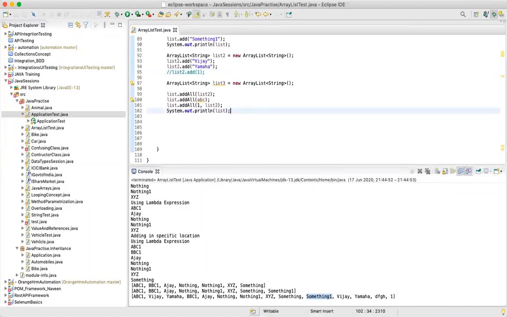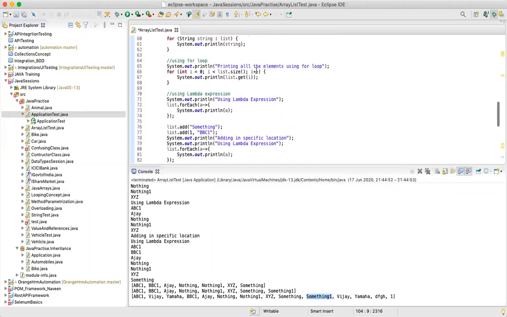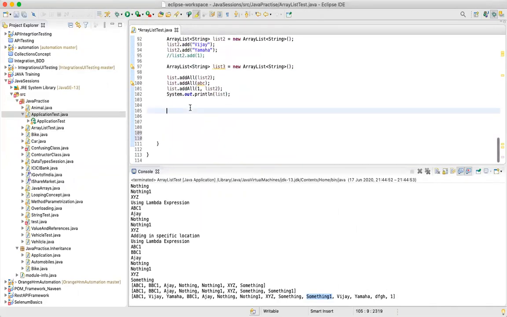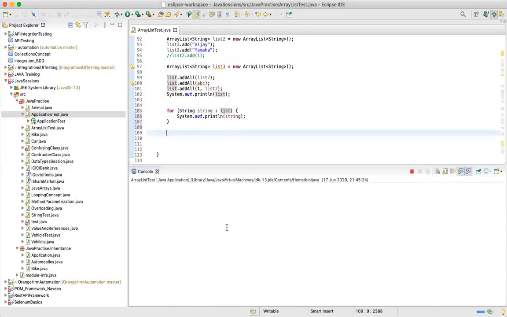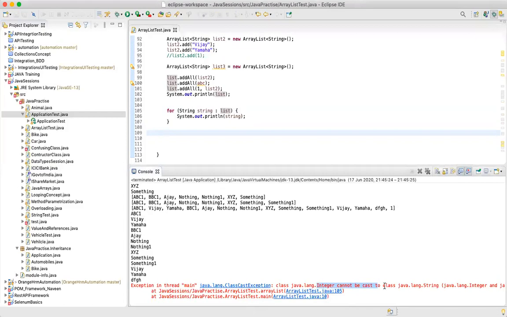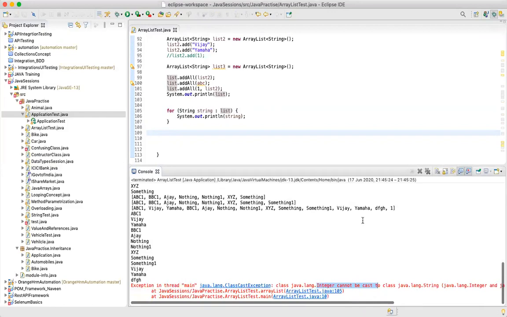Now can we access this within that for-each loop and print using that string for-each loop? Yes, we can. So let's say I use this. That one is converted to a string now? Okay, so I'll use a for loop. We have this for loop method, and we have this list. See, now this is what I was trying to say: Integer cannot be cast to class java.lang.String. Can you see this now?